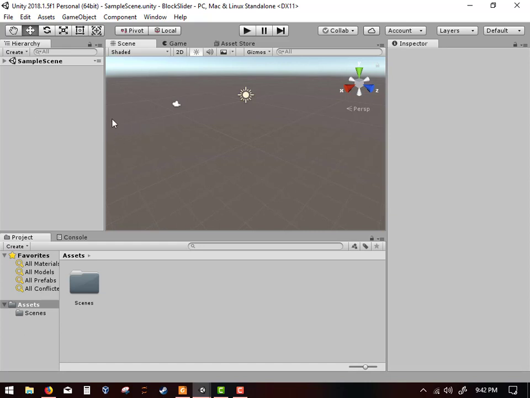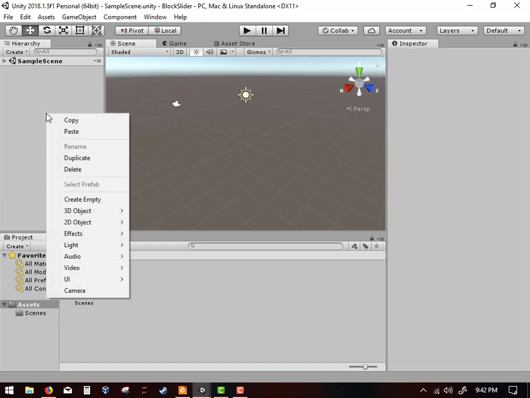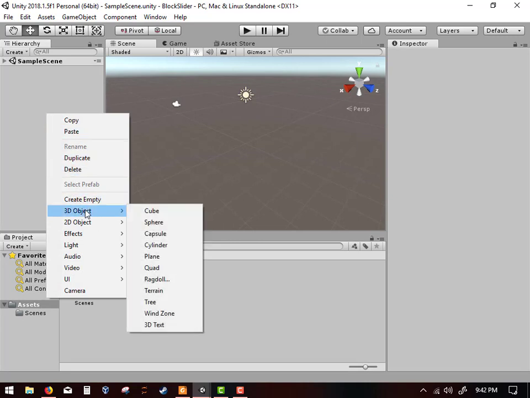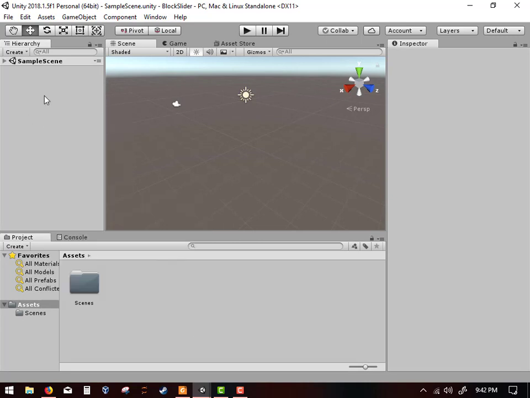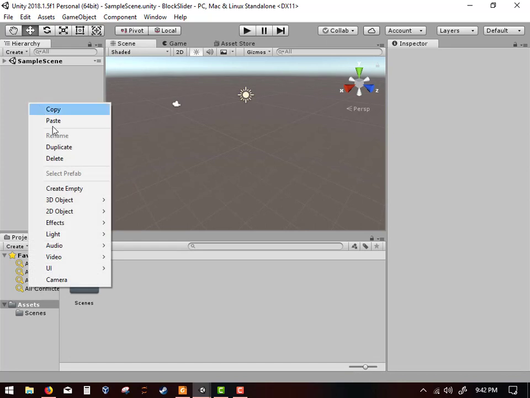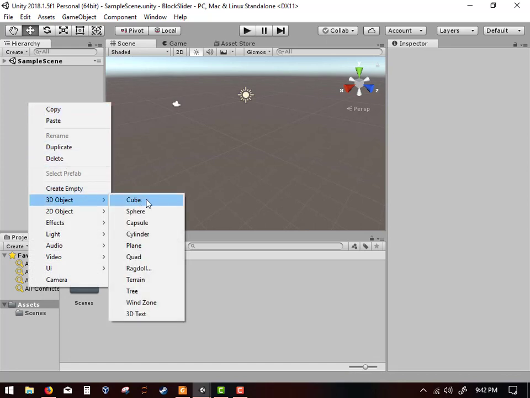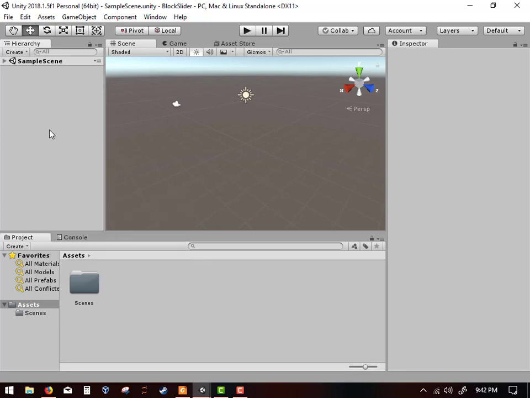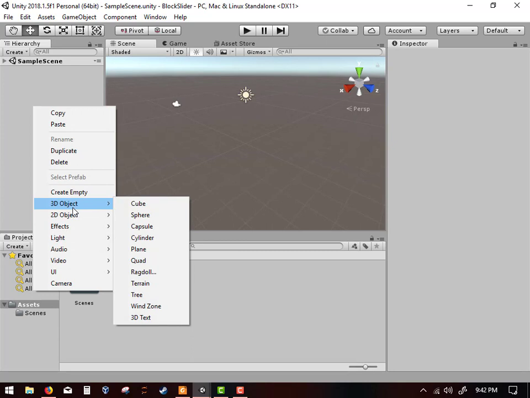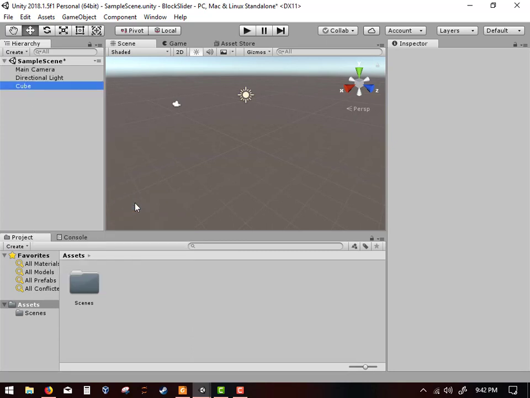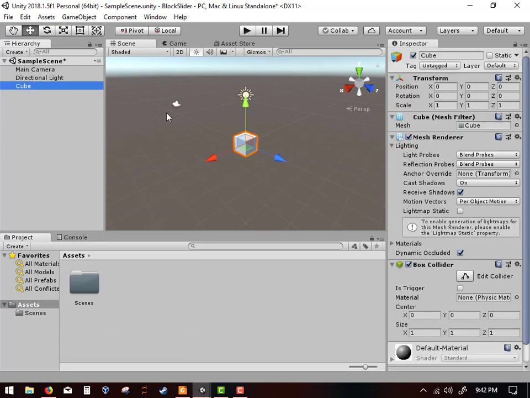So we're going to first create a cube. And so here is our 3D object. By the way, I'm in the hierarchy and I right clicked and I go to 3D object. Alright, I've got to cut that out too. So I'm in the hierarchy, I'm going to right click and I'm going to go 3D object cube. And what it should do is it should put a cube in the middle of our scene view, and you'll